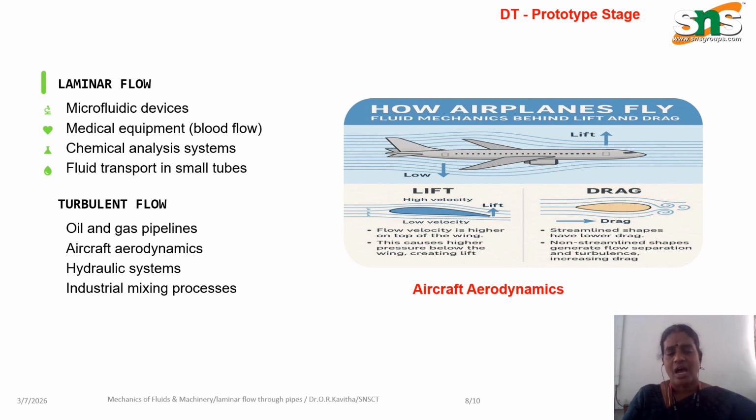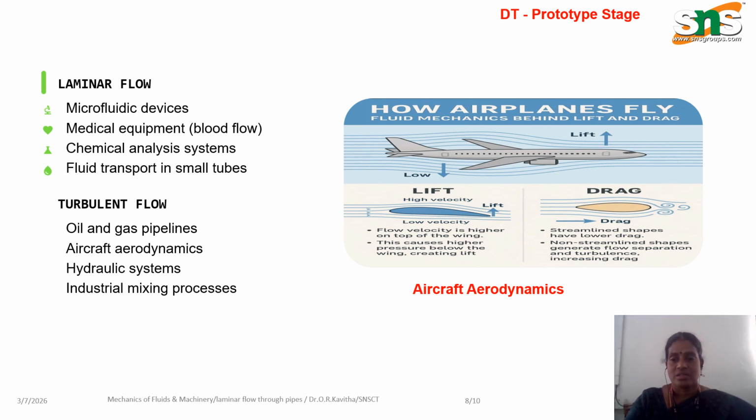Turbulent flow is mainly used in oil and gas pipelines. Civil engineers use these concepts in oil and gas refineries also. It is also used in the aircraft and aerodynamics industries, and in industrial mixing processes, for example in the chemical